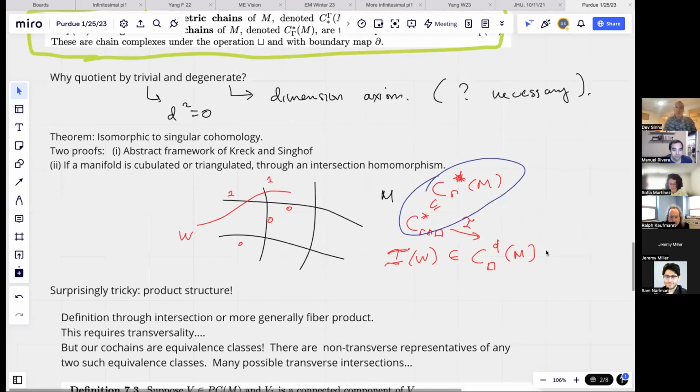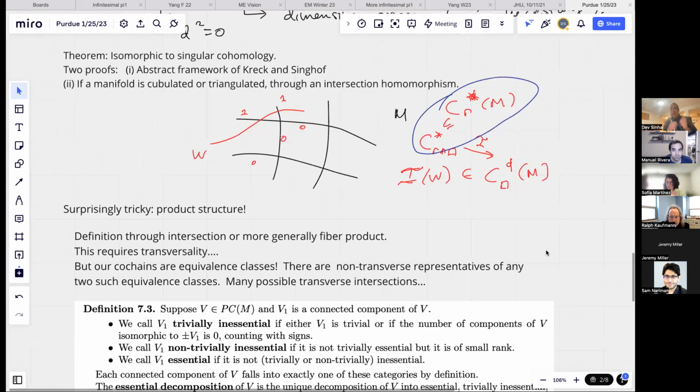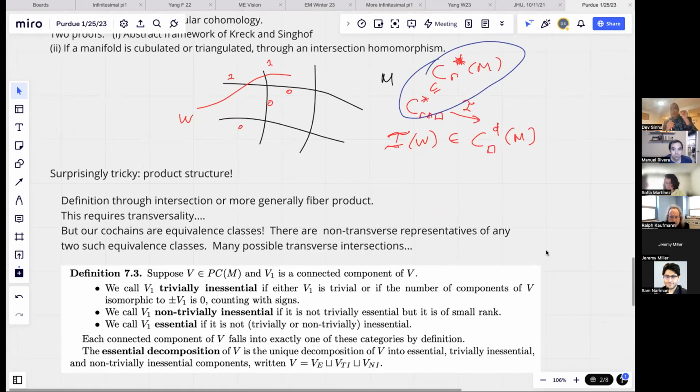This is more roll your sleeves up and say, well, my cochains are equivalence classes. If I'm doing, say, the projective spaces or configuration space example, I've got the thing I care about, which is another projective space or this linear subspace. But the way we've set up the definition, I could also have an involution on something, just an extra piece in the equivalence class, right? Or I could have something which is small rank.